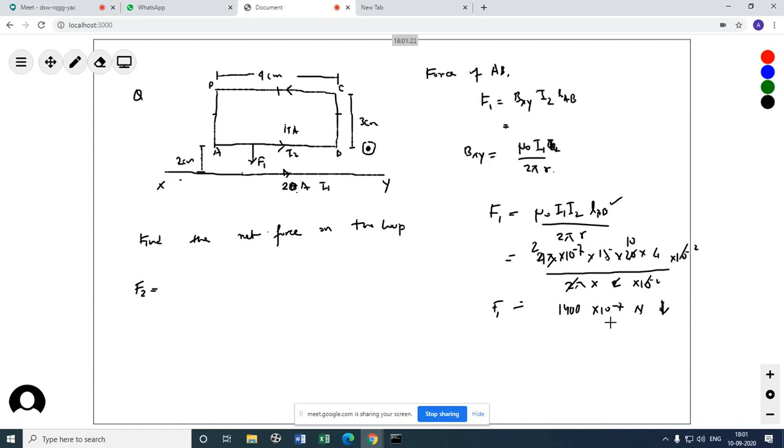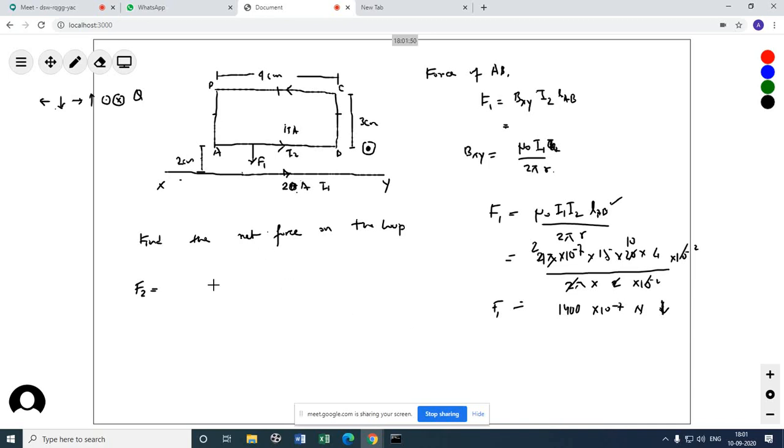So you can always use this. Whenever you're doing this kind of numerical, you can always write this. If it is from west to east, you can write this. From east to west, you can write this. If it is from south to north, you can write this. When it is coming out of the board, you put a dot. When it is going into the board, you put a cross. Okay? So like this also you can do. In this case, it is from north to south.